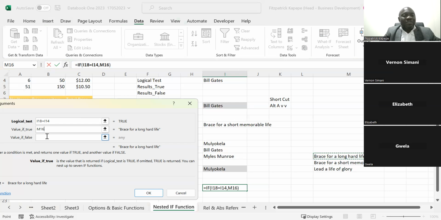Then if it is false, that I18 is not equal to I14, here again, we're going to nest this function by typing if